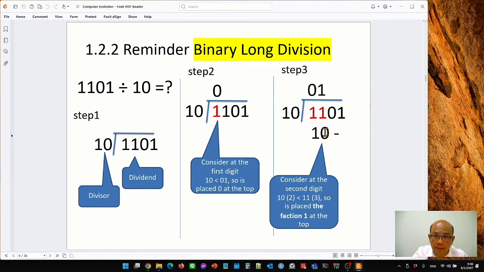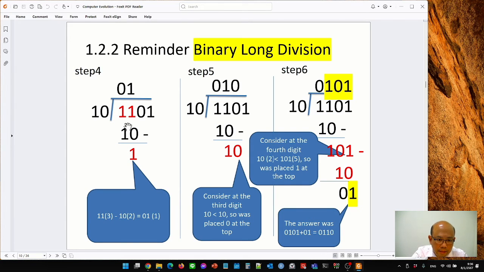Do the subtraction in binary. The result is 1 subtraction 1 and 1 subtraction 0. Put 1 here, and then again I bring 0, move it down, and compare 10 and 10. So 10 and 10 are the same, but cannot do the subtraction. I put a 0 on the top, and then I bring 1 at the last digit here to be 101